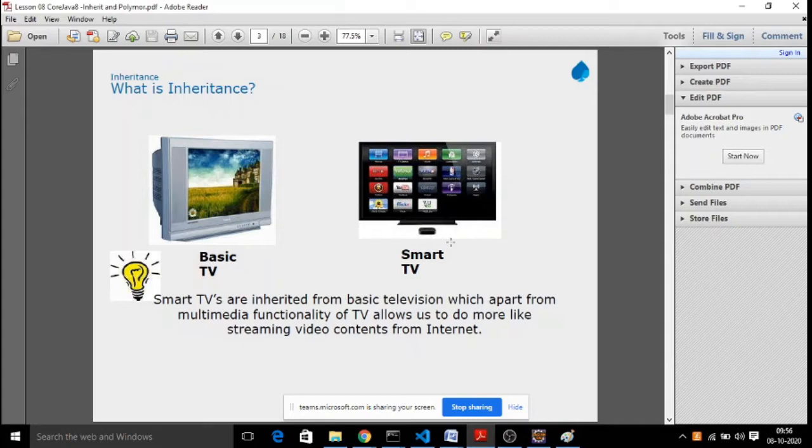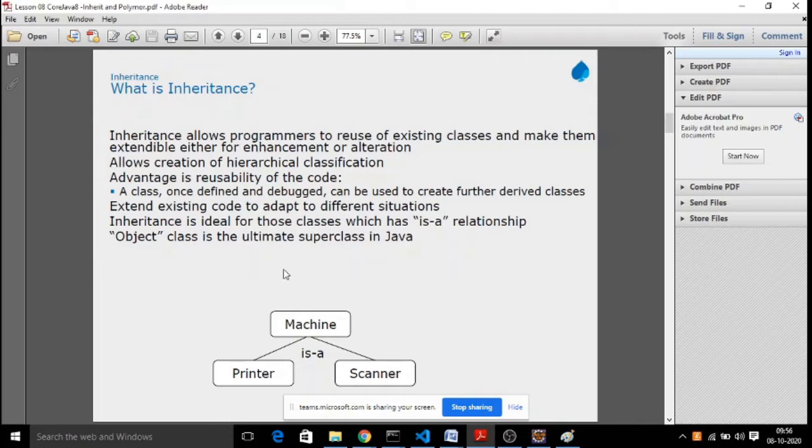So we take the base features which already exist and then we go for a new feature, then we design a new product. Similarly, in application development also, we always take a base class which we call a parent class, also called a super class. The class which acquires the properties from the super class is called a subclass, child class, or derived class.